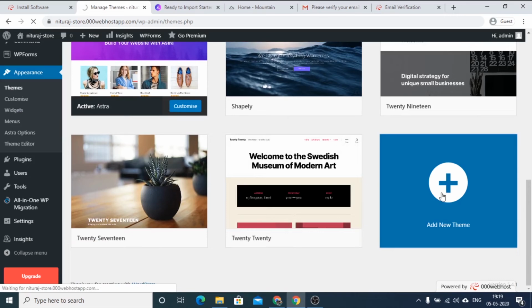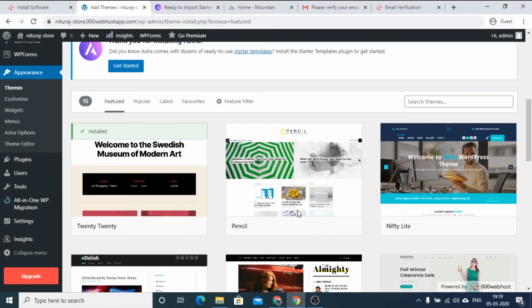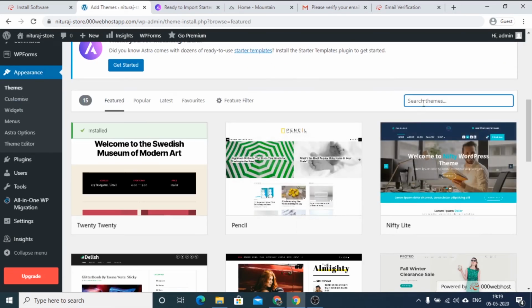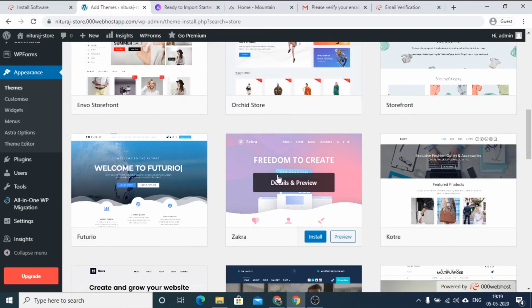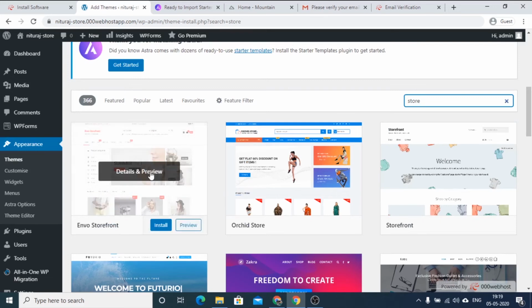Add new theme. And since I am preparing an online store, I will write store. So these are the theme options available. Let's install this Envo theme.